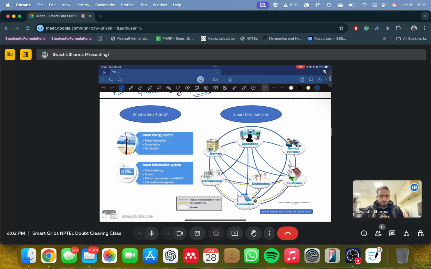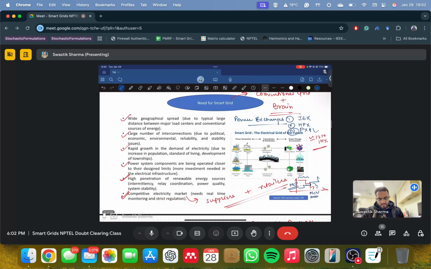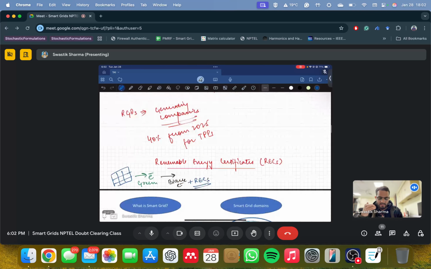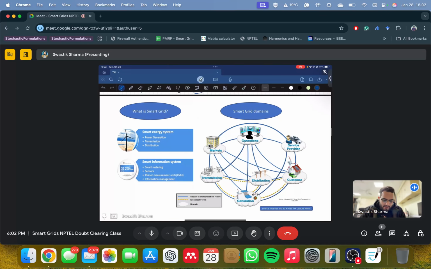So let's move on. So we discussed everything, right? Now we have renewable energies coming into the scene. So we need smarter grids to be able to cater to these renewable energy needs, right? So now what is a smart grid? I already told you it's a conventional grid, but now with a brain. That is the definition I've come up with.